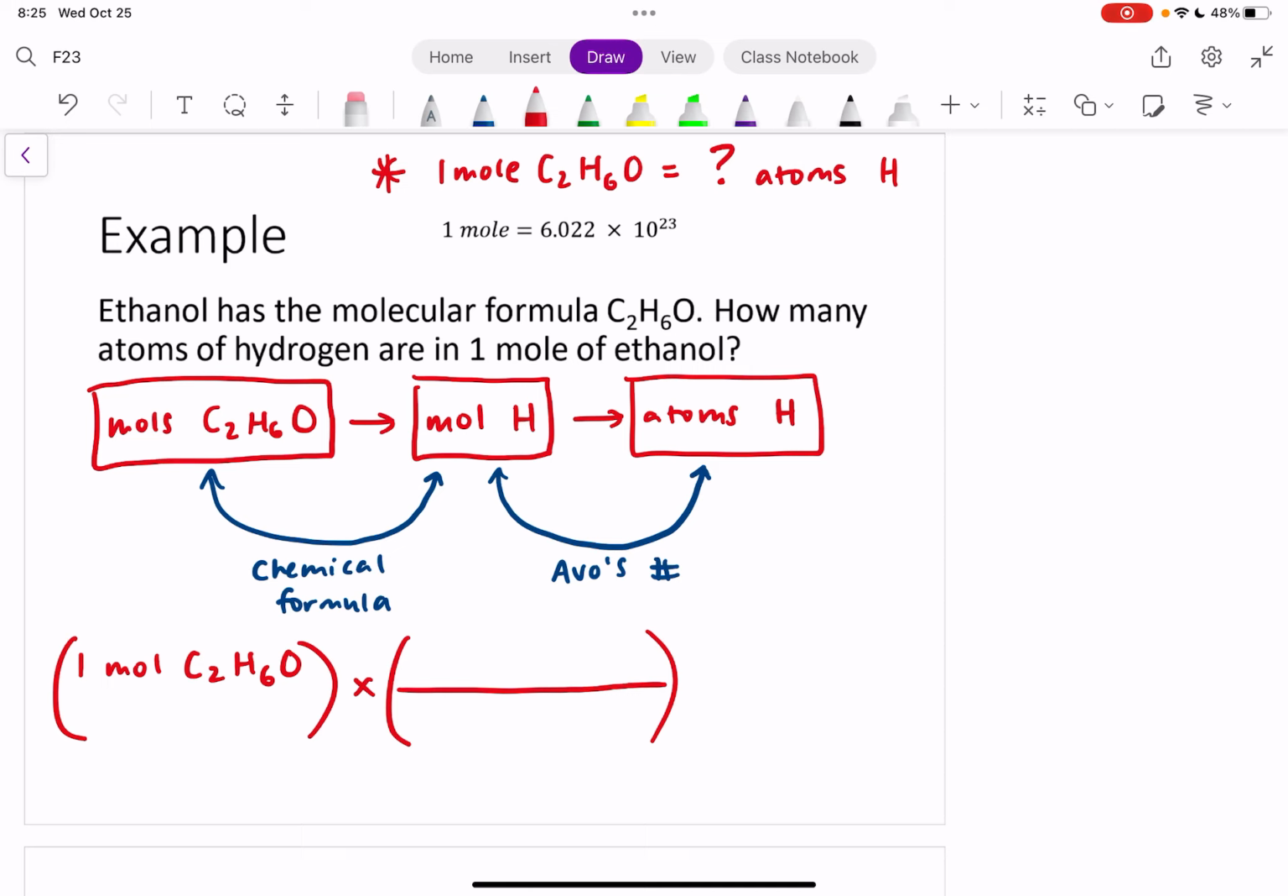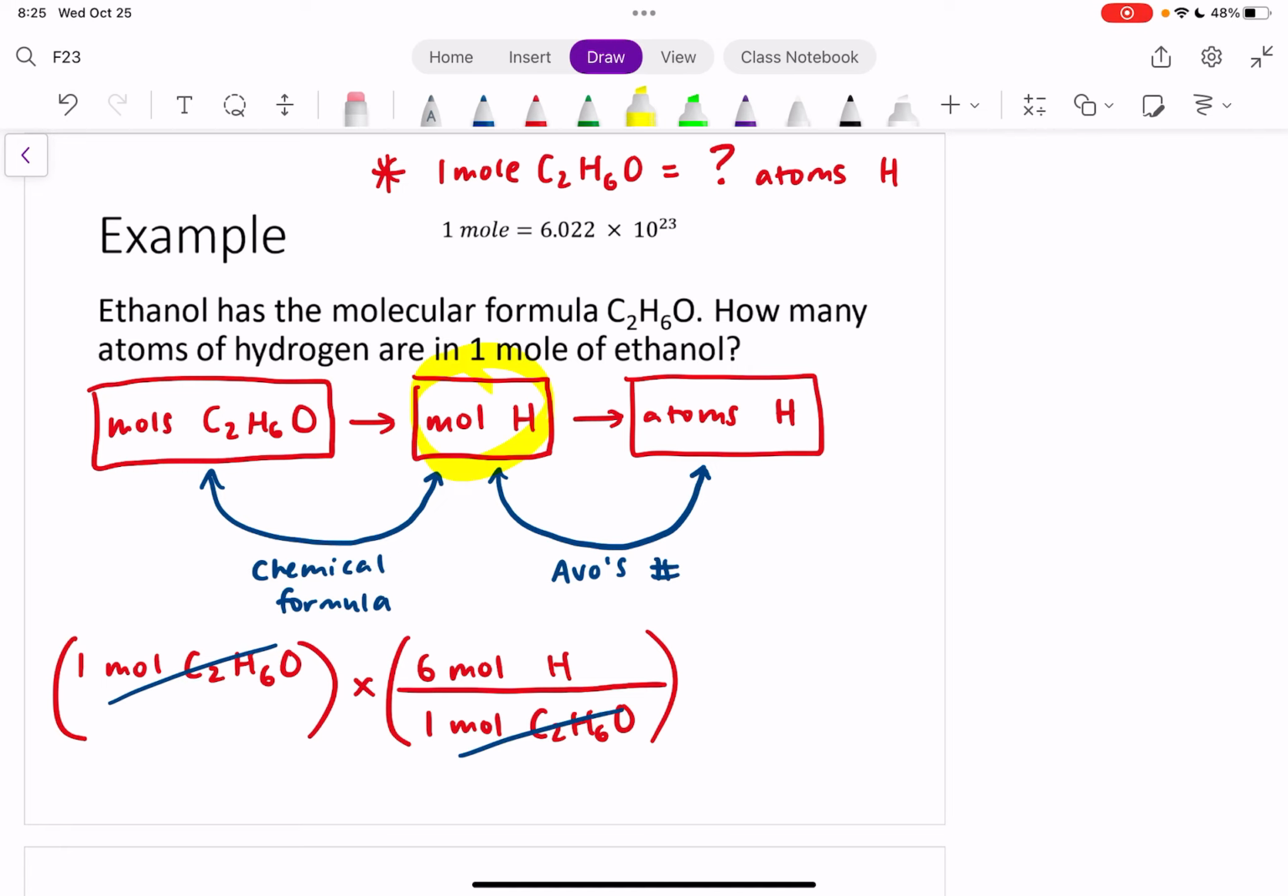How many moles of ethanol? Yeah, 1 mole of ethanol, because in 1 mole of C2H6O, we know that there are 6 moles of hydrogen. Okay, in 1 mole of ethanol, there are 6 moles of hydrogen. That's what our chemical formula tells us, right? All right, now, next step. Now we can cancel out those moles of ethanol, and we're left with moles of hydrogen, which is great